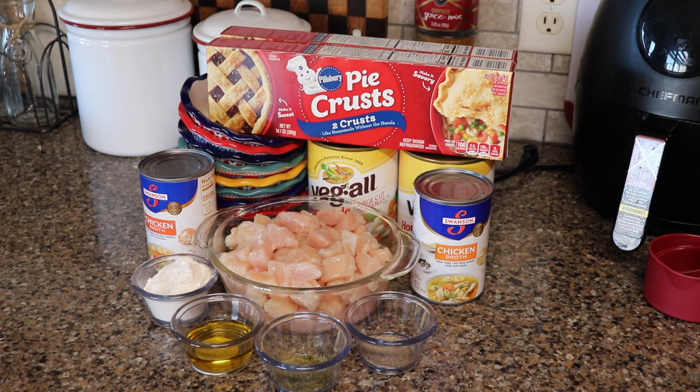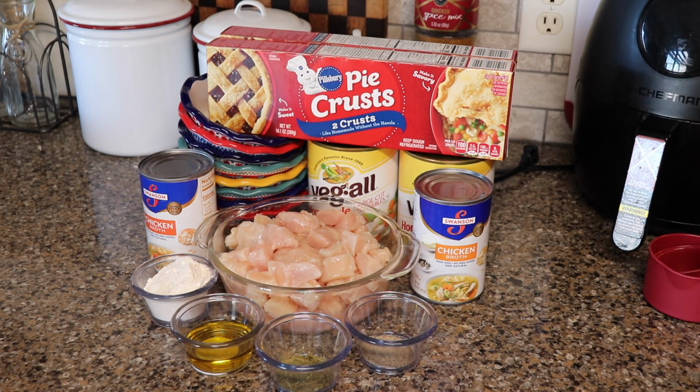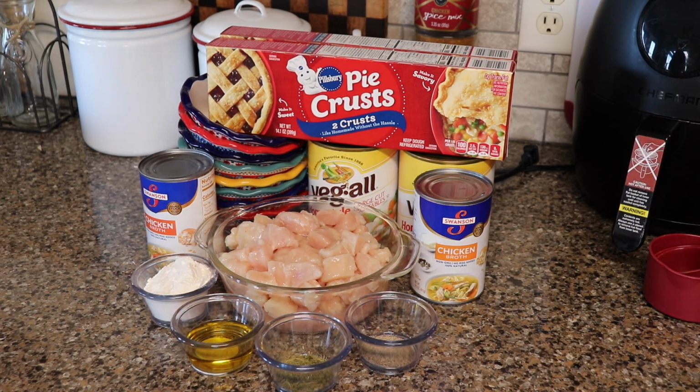Today is chicken pot pie. Ingredients you're going to need are 2 boxes of Pillsbury pie crust, 3 large cans or 3 small cans of Veg-All, 2 pounds of chicken breast or tenderloins cut into 1-inch pieces, 3 cups of chicken stock, 1/3 cup unsalted